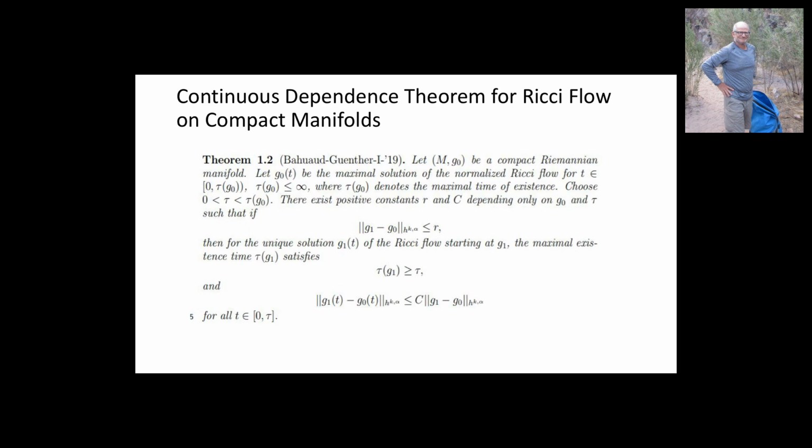And then if we choose a time tau less than this maximal time of existence, then there are positive constants, called little r and capital C, depending only on the initial metric and that time interval, such that